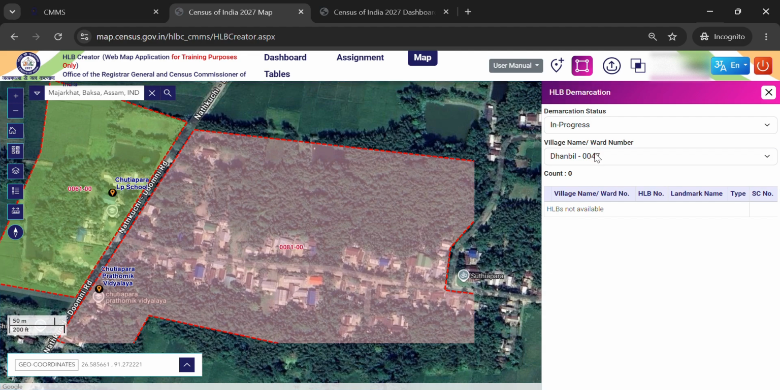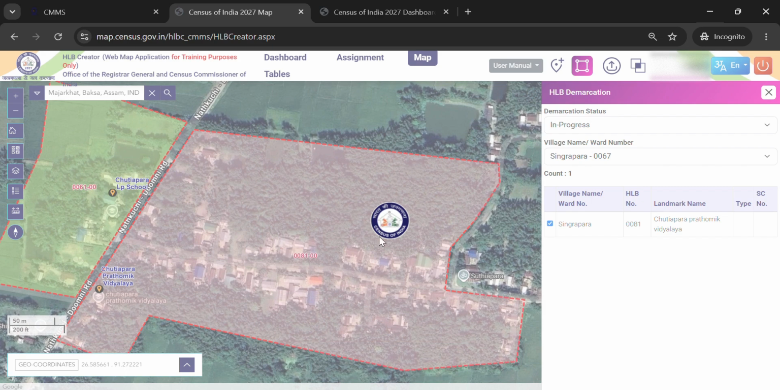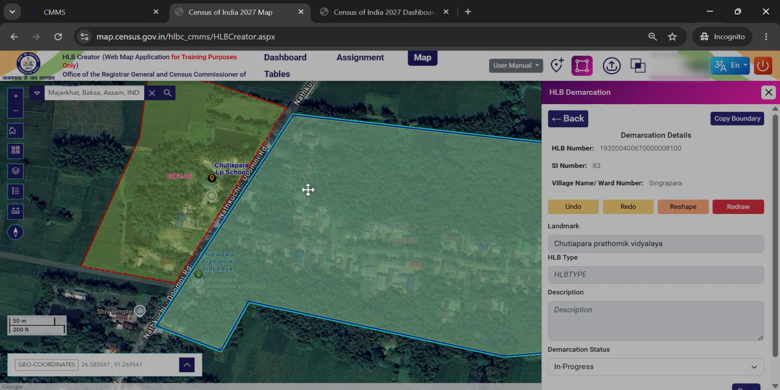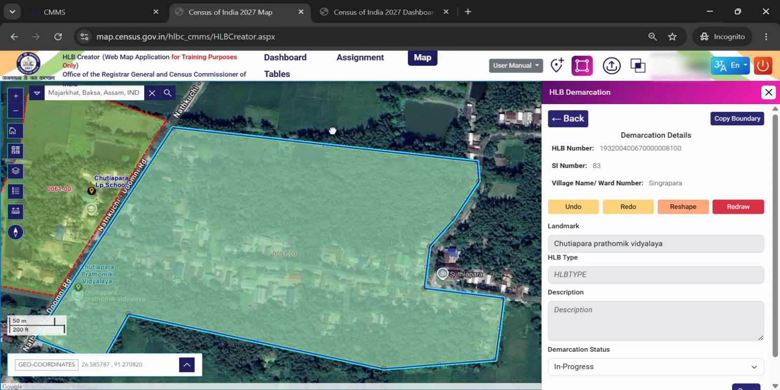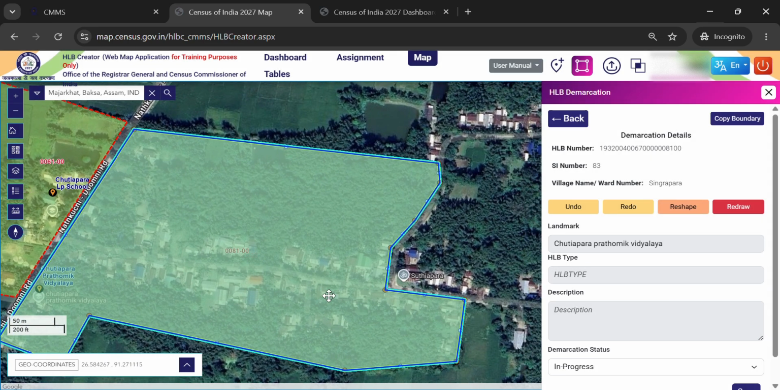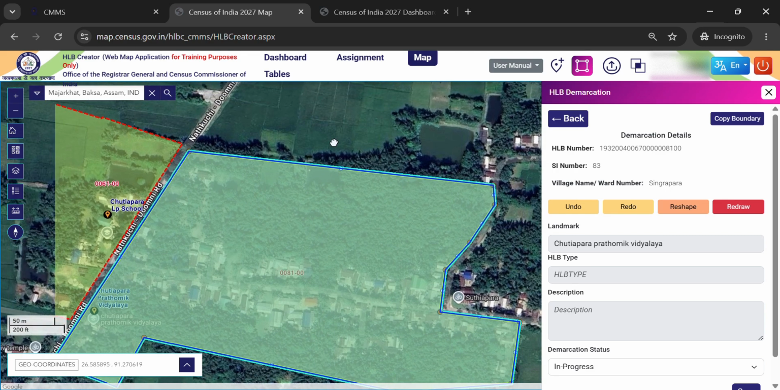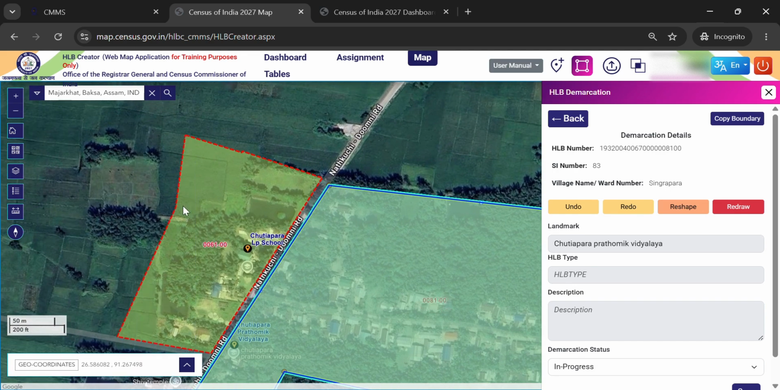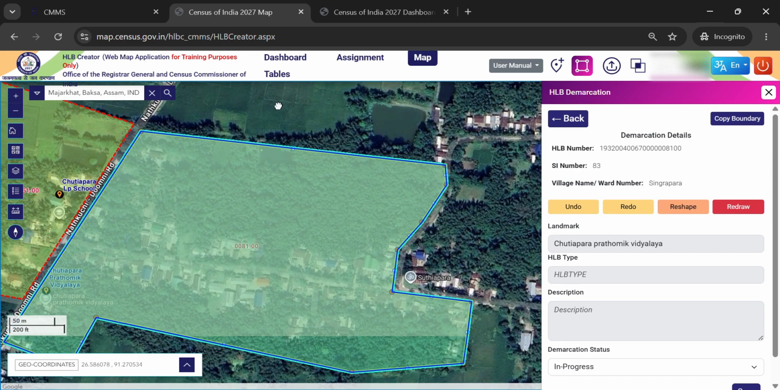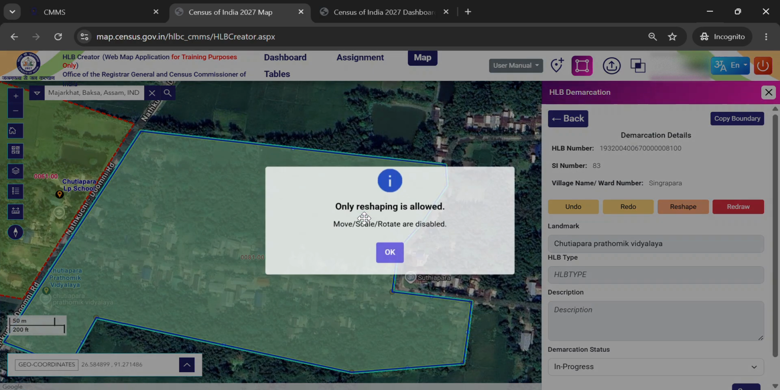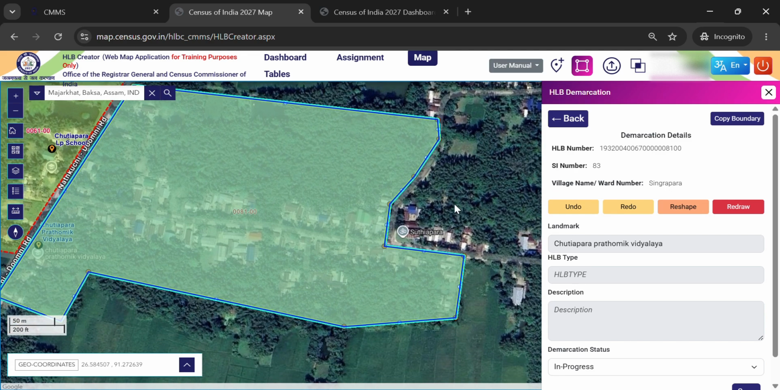Let's say in progress we have another HLB, like this HLB. We have selected this HLB. What we need to do is reduce this HLB size. In our earlier example we included this part, but in this HLB we need to reduce this. Let's say this part we need to cut and remove from this existing HLB. In that case we need to use the reshape button again, and for cutting we need to